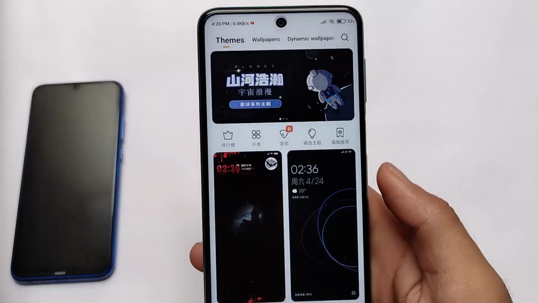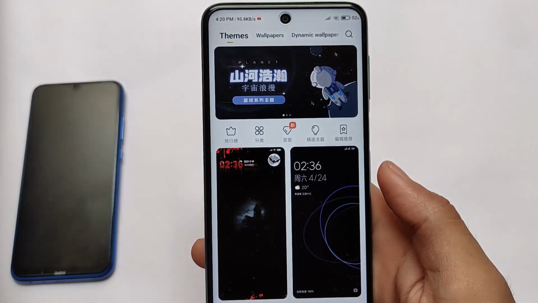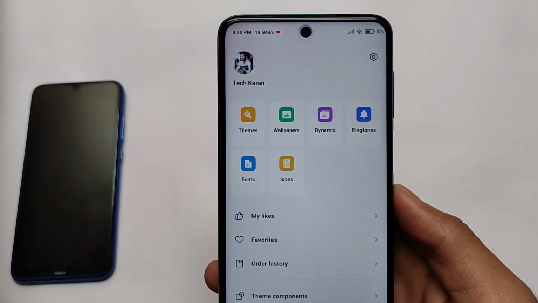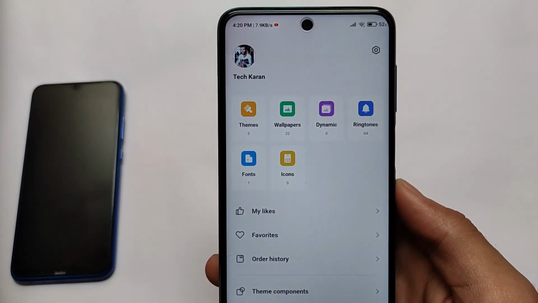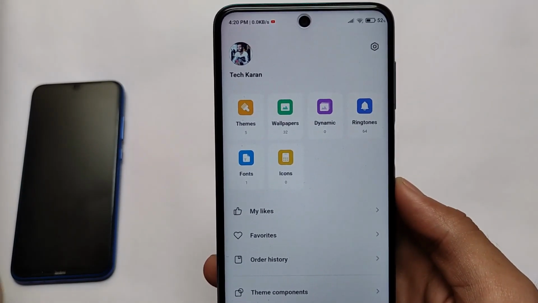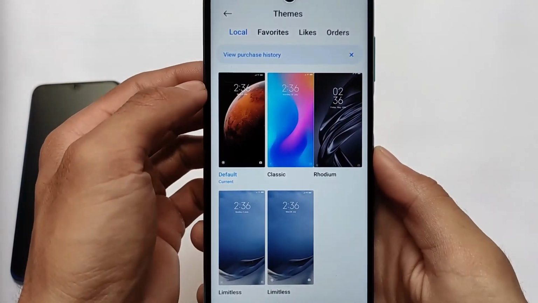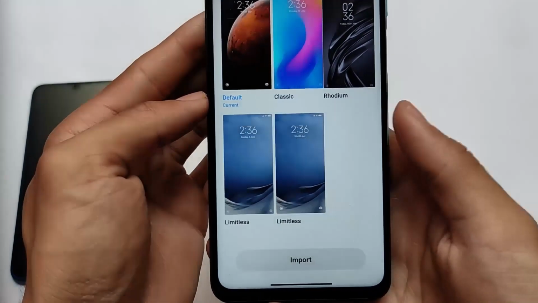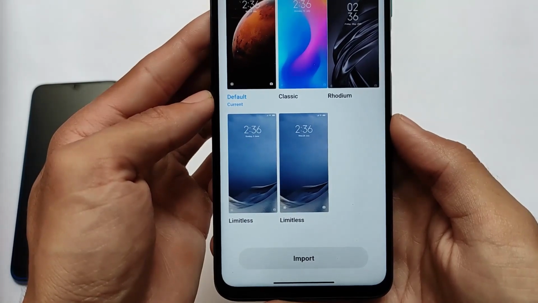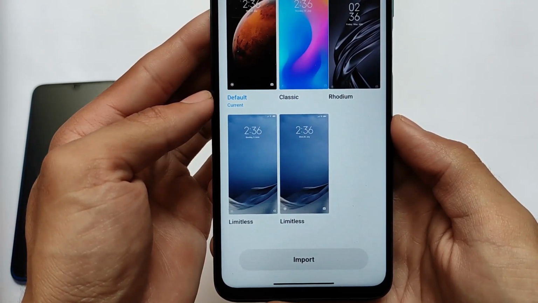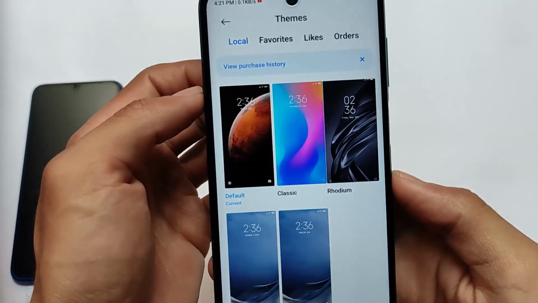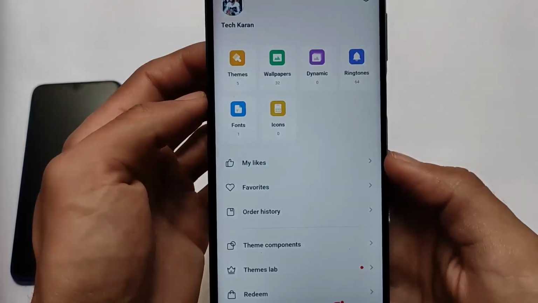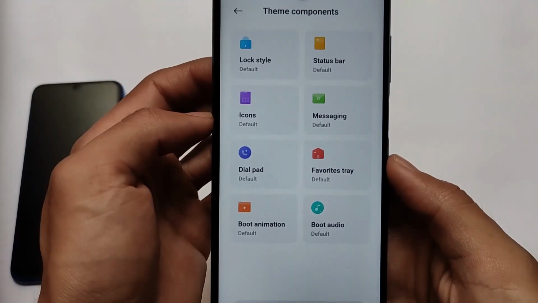Talking about the theme store, as I previously mentioned, it comes with a Chinese theme store. So yes, it has all the themes in Chinese, but you can still import third-party themes. If you have a theme from the global theme store, if you have that MTZ file which you can download from a lot of sources, you can import that third-party theme file on your device and you will not face any kind of issues. This is not like the Indian ROM or the global ROM, where if you apply that theme, it will automatically revert back to the stock one after 15 to 20 minutes. Here you will be able to apply third-party themes permanently, which is a very good thing.